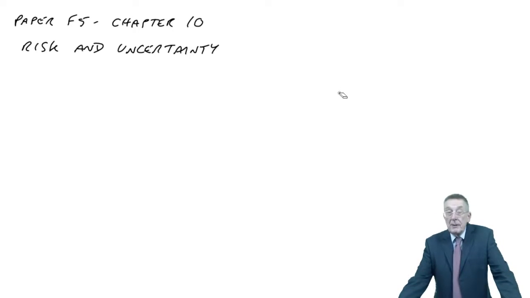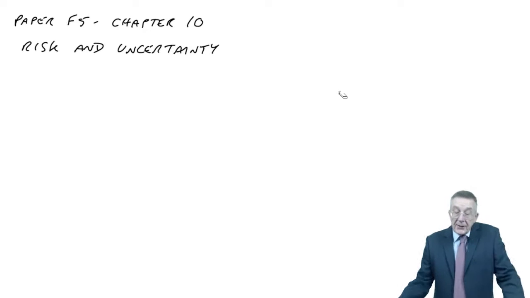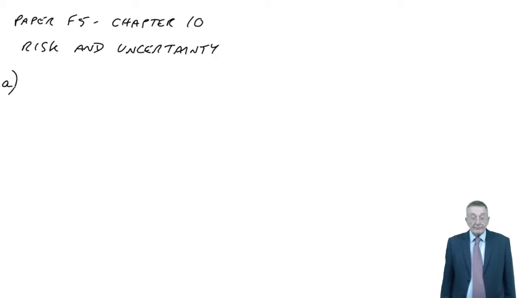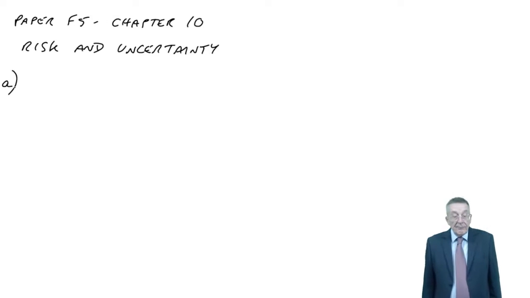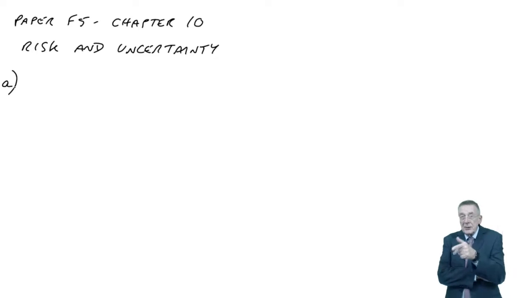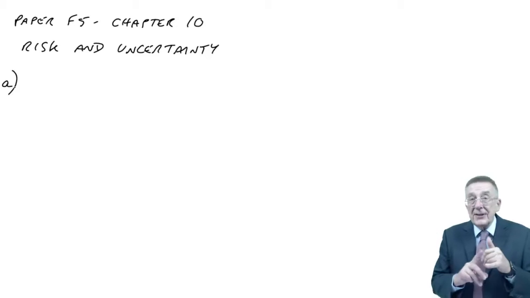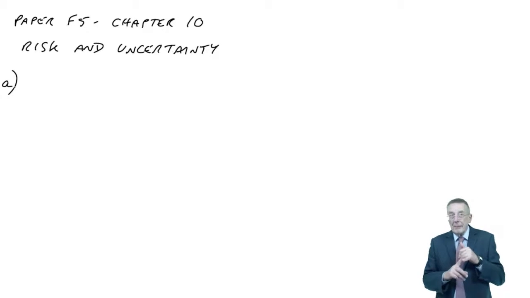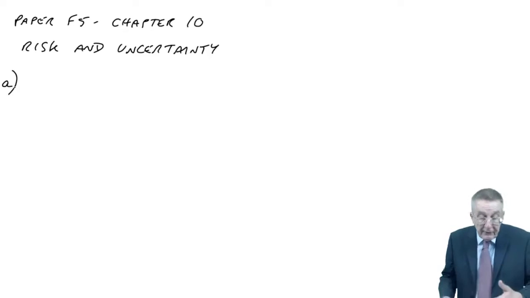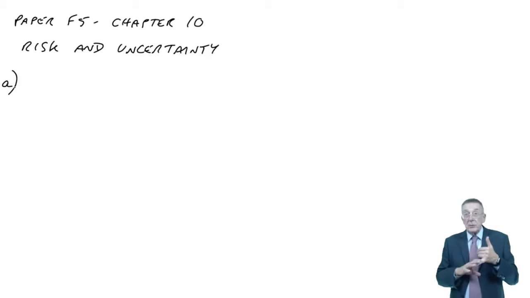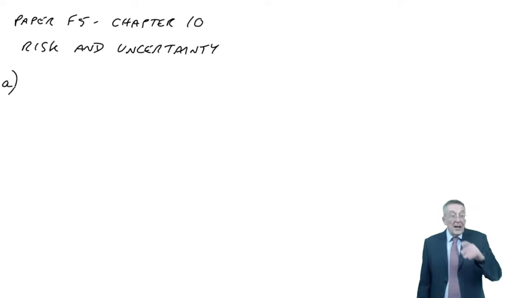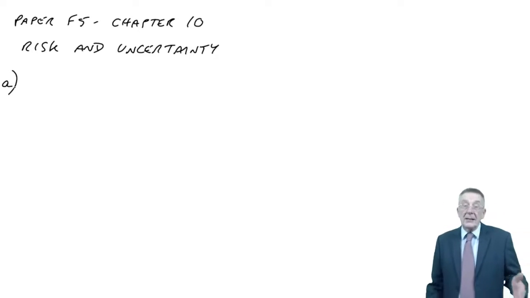Part A, and always the sort of part A to these, says calculate all possible profits that could result. Well, what's going to happen here? Think about it. The profit we are going to end up with will depend on two things. It'll depend on how many we actually sign the contract for, and that's our choice. Either we sign it for 300 or we sign it for another level, but depending on what we choose, that'll affect the profit. And also, whichever contract size we choose, the level of the normal demand will affect our profit.